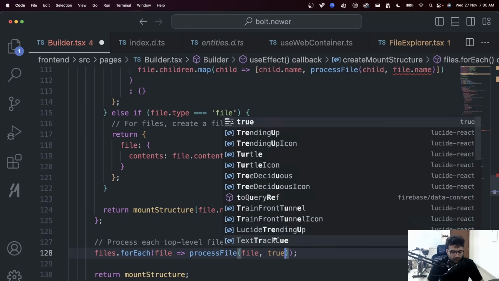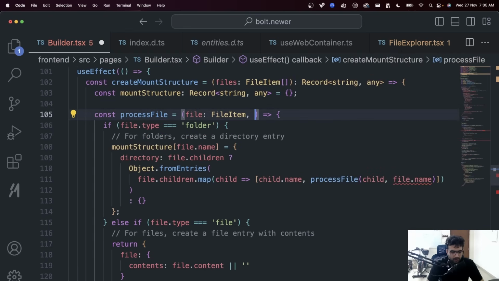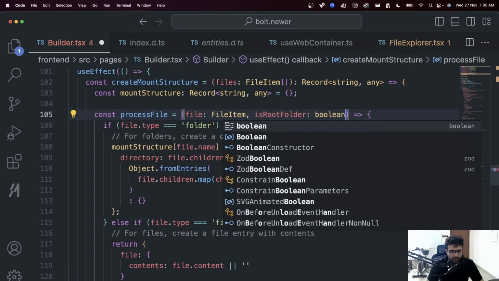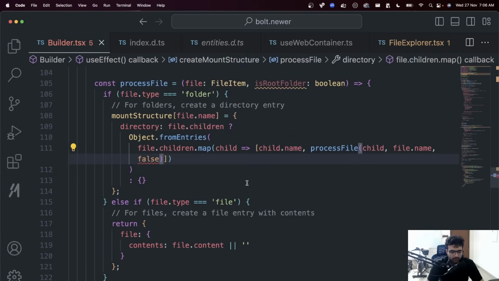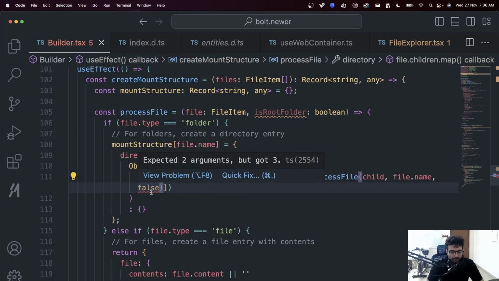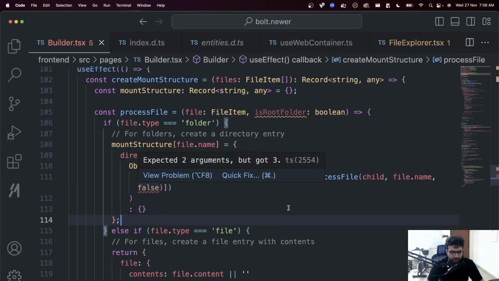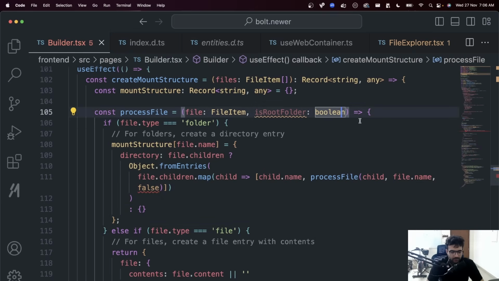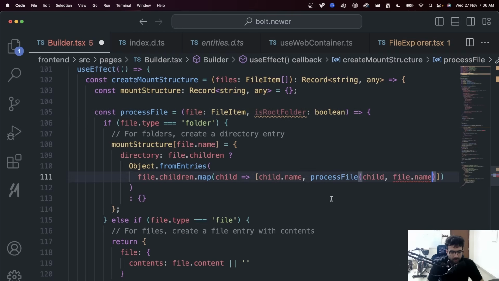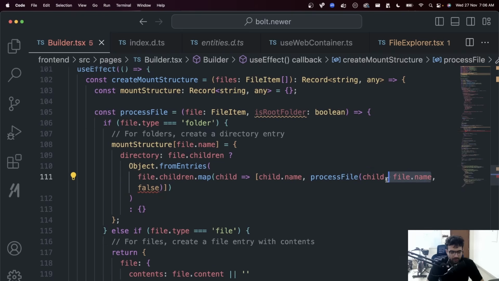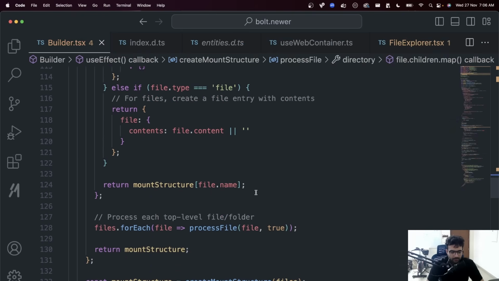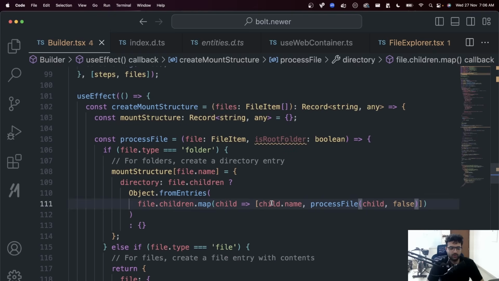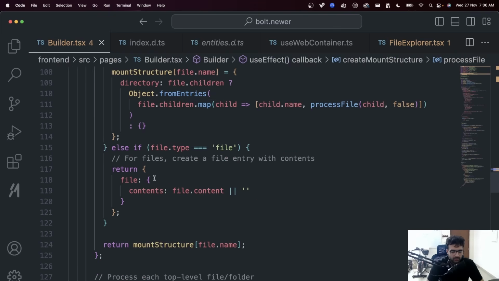Process file comma true is root folder boolean and process file of false. I don't need that. Alright, file comma true, and what is going to happen here is if it is the root folder, then